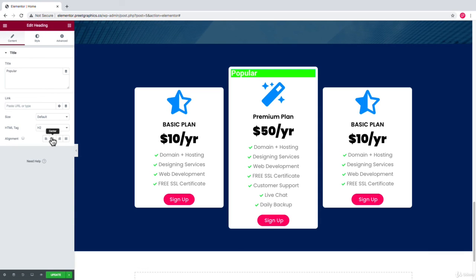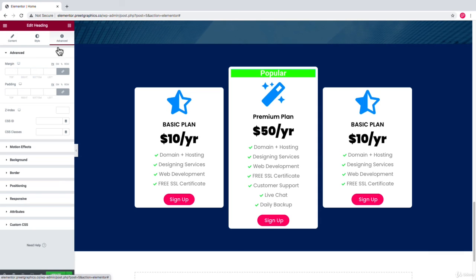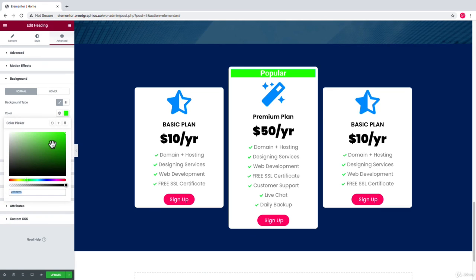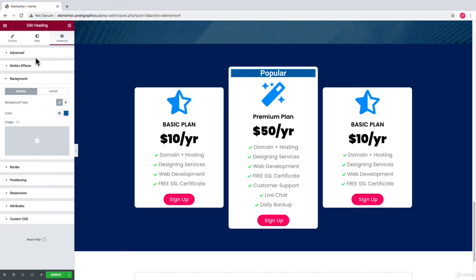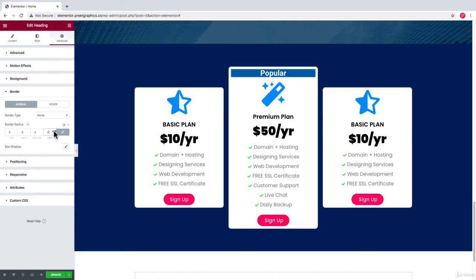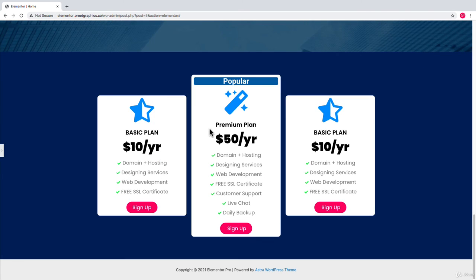And in the content, change the alignment to center, and let me change the background color of the text to something like this. And you can simply go to border and increase the border radius. So now you can see how you can easily create these kinds of pricing tables in Elementor.